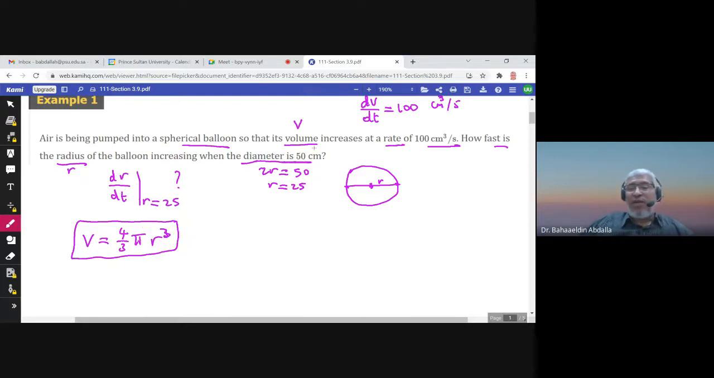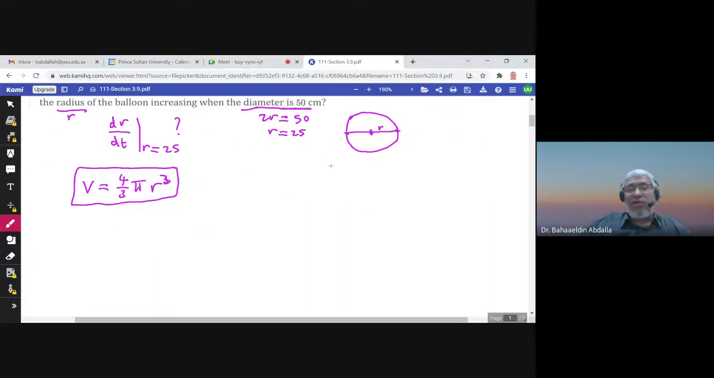But we need dr by dt and dV by dt. So how to find dV by dt and dr by dt? We find the derivative of this equation. We derive this equation with respect to t. So V, the volume, is a function of time. Time changes, volume changes. r, the radius, is a function of time. Each second, the air is pumped and the radius is changing with respect to time. So the derivative of V would be dV by dt or V prime, equals